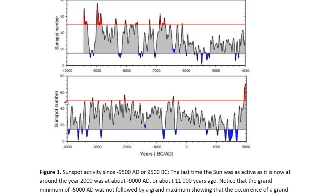it's higher than anything we've seen in the past 6,000 years. So over here we are at 6,000 years from now. That's minus 4,000 BC. And any red would indicate anything above normal solar activity. So a grand solar maximum if we have a red appearing, because then it would be above this red line. And any blue indicates a grand solar minimum. So we see several instances when that occurred, but this indicates an all-time high of solar activity right now